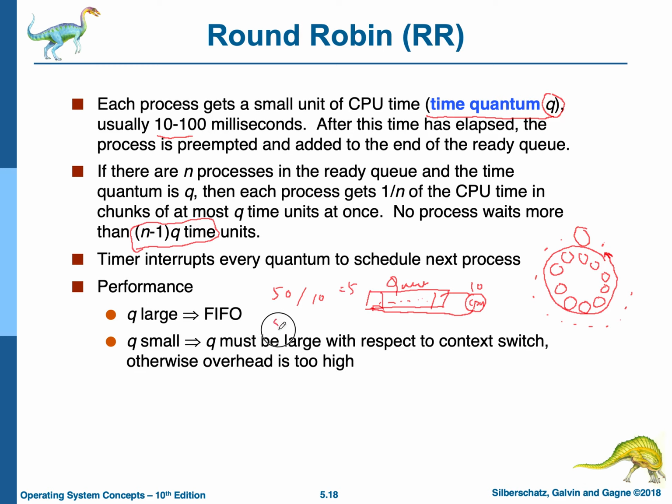But if the quantum is 5 milliseconds, it has to do 10 context switches. As we have seen in the dispatcher, a context switch takes some time. We have dispatcher latency, so to minimize that latency,